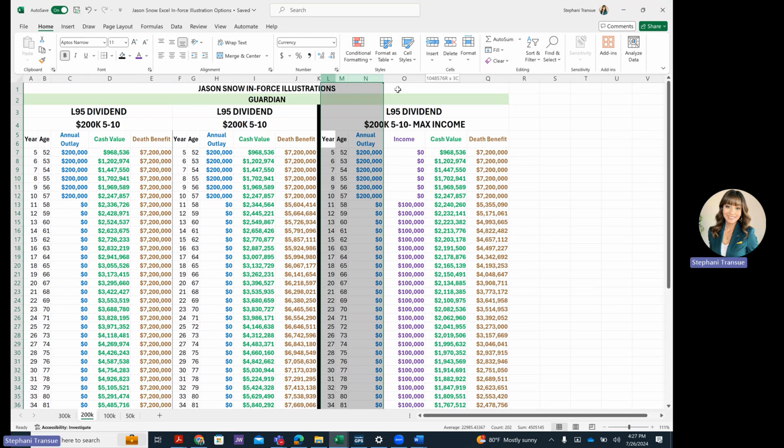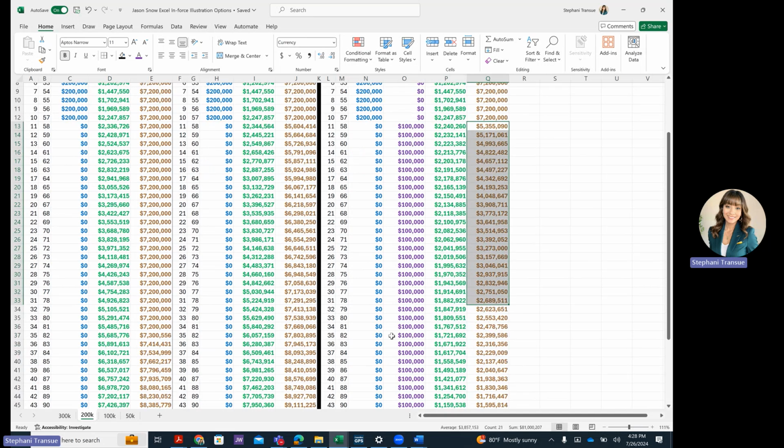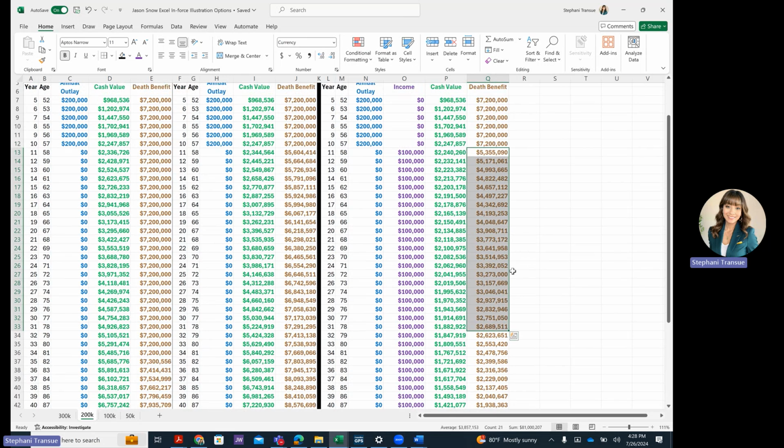And then we are showing the income scenario for this case. Based on the 200,000 being paid in for the next 5 years, you are able to pull out an income of 100,000 from age 58 to the age of 90. Here's your cash value and your death benefit and how it looks at this point if you decided to draw that income out every single year. Again, we can show the same sample where you say, hey, what if I took a less income and see how the death benefit works? We just didn't want to overwhelm you, but we can definitely show the samples for you.